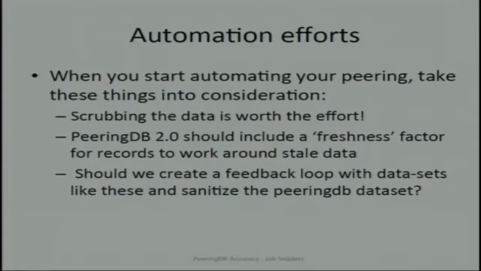Maybe it's worthwhile maintaining this feedback loop where, say, once every half year, we ask networks, submit your show BGP summaries so we can verify the current state of PeeringDB. We could make a periodical thing out of this if the community would appreciate that. And keep scrubbing data that you pull from PeeringDB. Really do some sanitizing on what you expect, and then a lot of it is workable, like 99%.